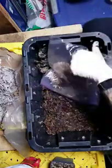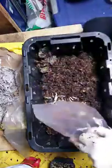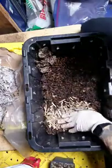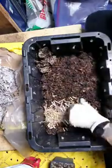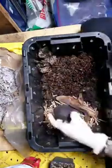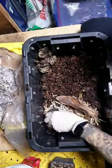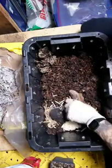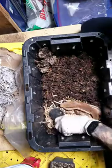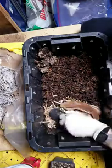Now I want to put some dry stuff on the bottom. It's always good to put some dry stuff on the bottom of the feeding zone. So now here I have one avocado. They love avocado. A banana peel. And a little protein, just a little rice. What I do